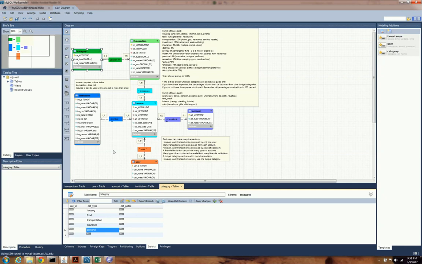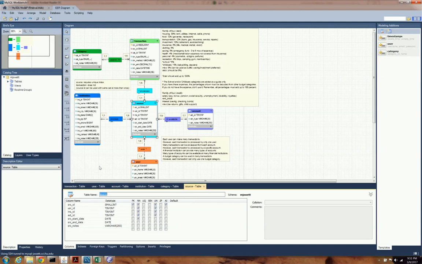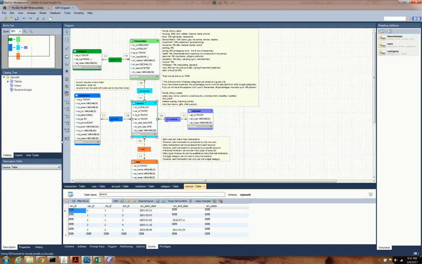All right, now some other things. The referential integrity. So if I have 5 records in institution, 5 records in user, 5 records in account, what are the only values that I could have for a foreign key in source? Well, the only values, gang, are these. I can only have values 1 through 5. Notice I didn't use all the values for a user ID. But 1, 2, and 3 are valid values. Notice I didn't use all the values for institution ID. They're all valid values because they're less than 5. But notice I did use